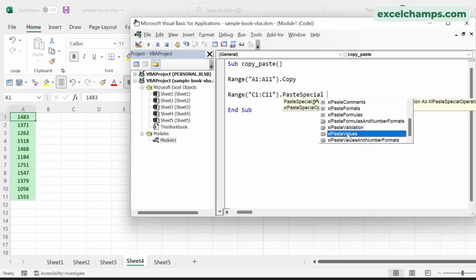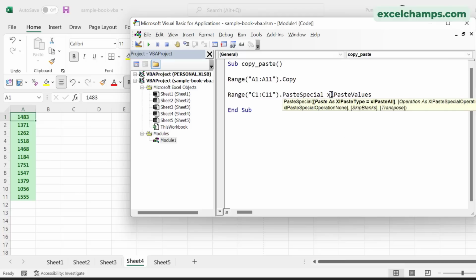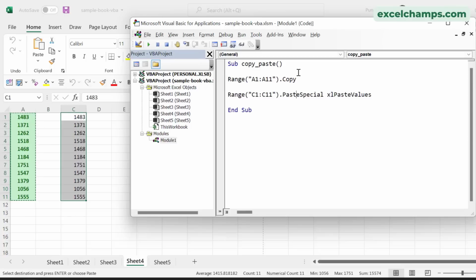So from here I'm going to use paste values because I want to paste only values to the range C1 to C11. And now if I run this code, it takes values from the range A1 to A11 and pastes them to C1 to C11, only values,